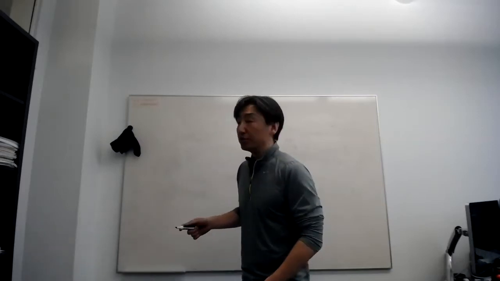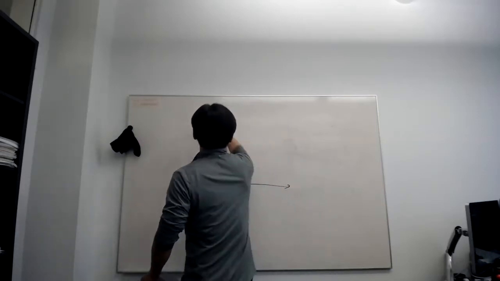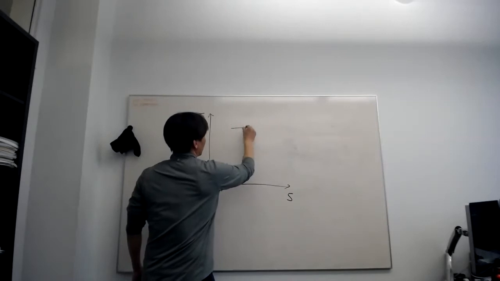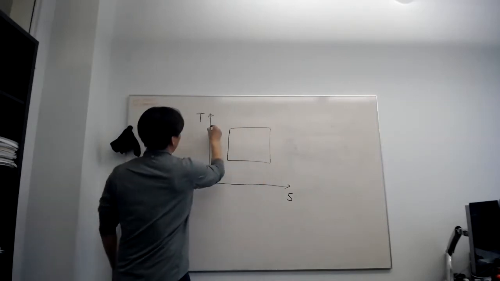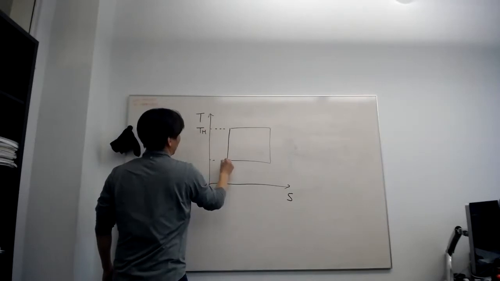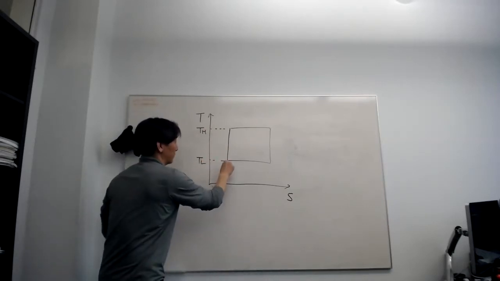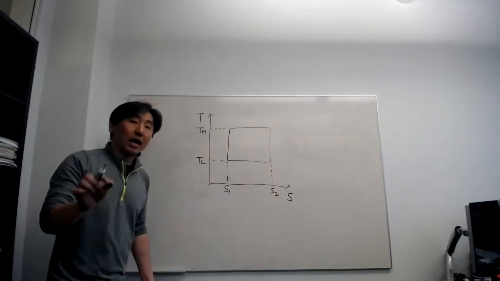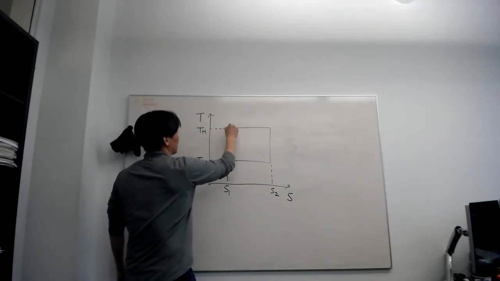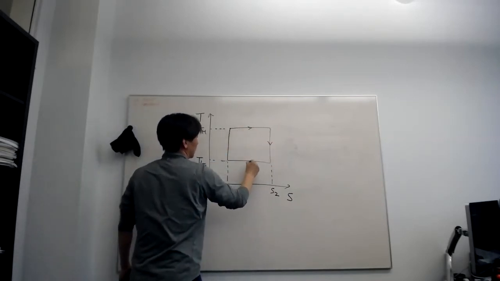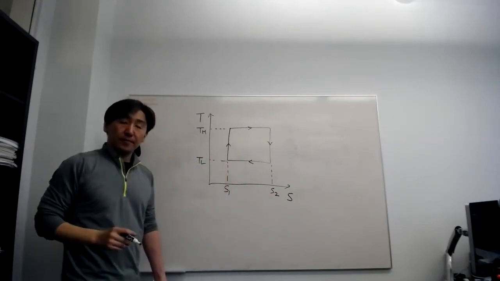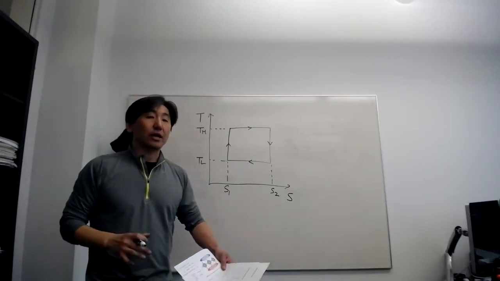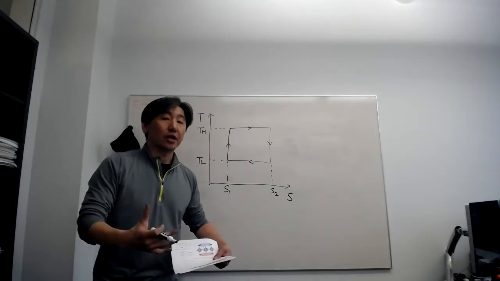So now, let me draw a TS diagram again. Okay, for the Carnot heat engine, we draw this rectangle, with TH here and TL here, and also we have S1 and S2. And for the Carnot heat engine, we start from here and move clockwise. And now, as we discussed earlier in the previous lecture, when you try to make the refrigerator and heat